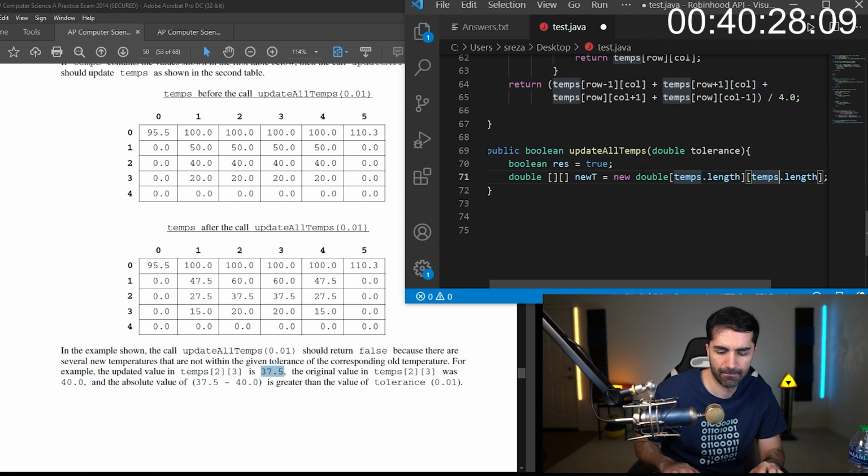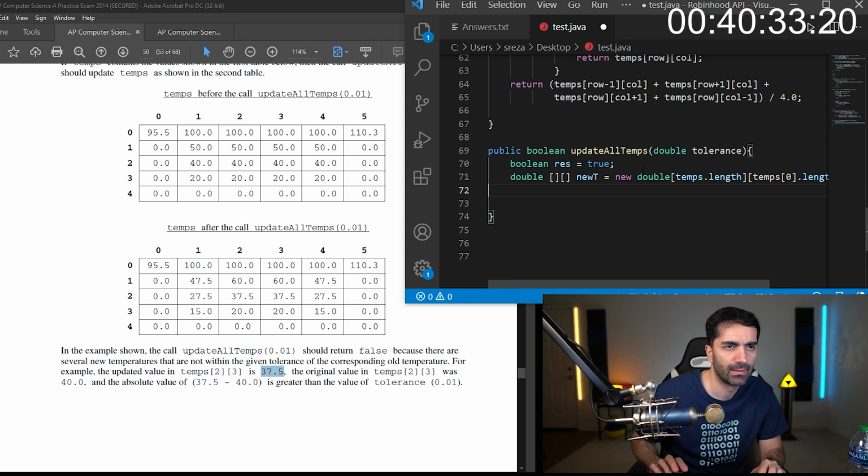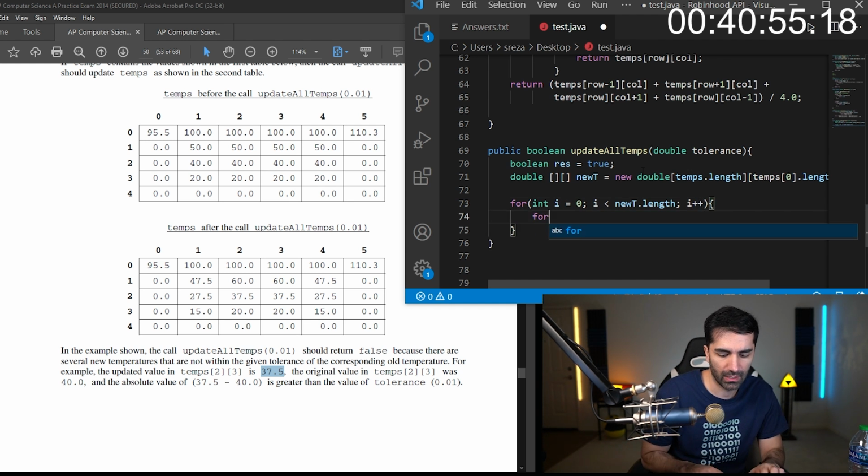Temps.length. Okay. So we're just going to loop through, and then we're going to loop through again through each column. Length.